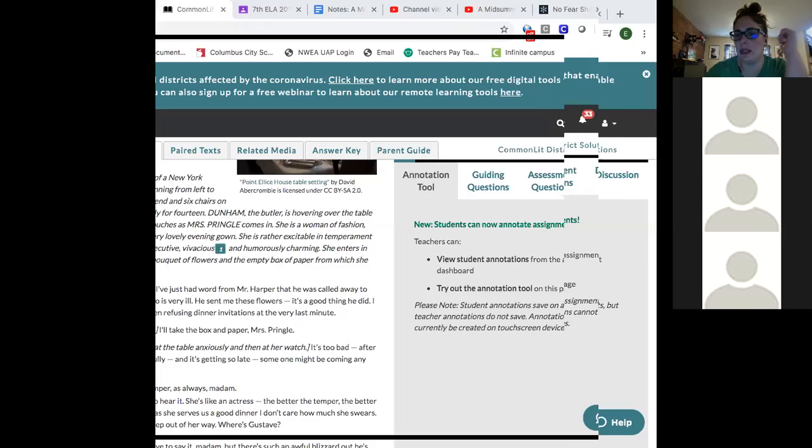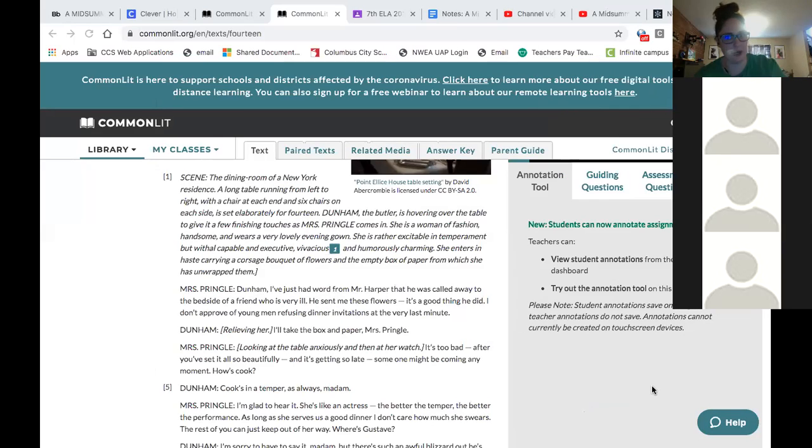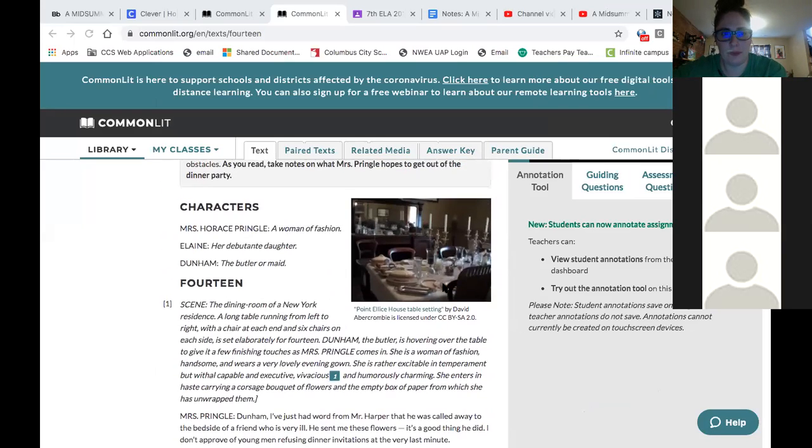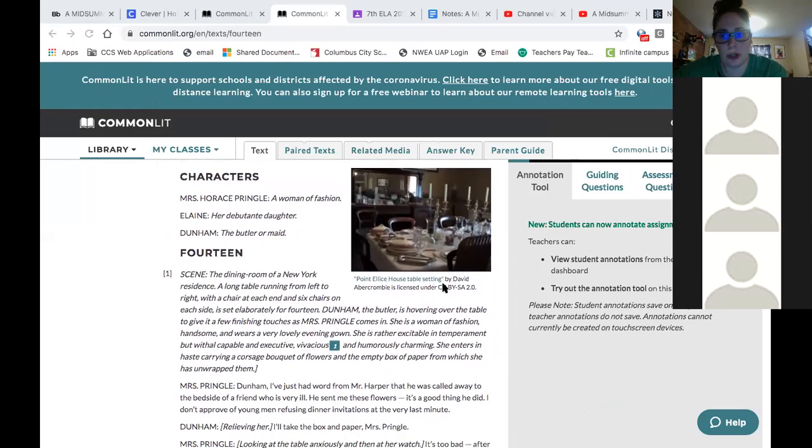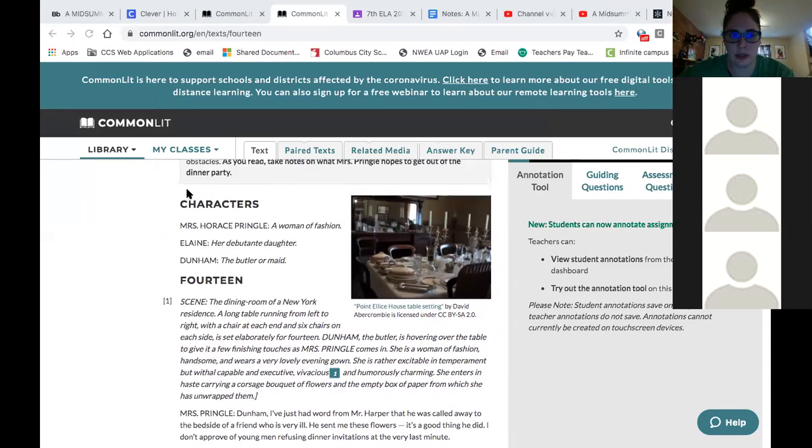We're going to start our play today, and I'm going to first go over a couple of things that they talked about in the video on the iReady so that you guys can just get a quick overview of that. A lot of it was about the structure and the format of how plays are written and read. So if you look at the one we read last week,